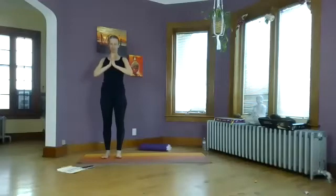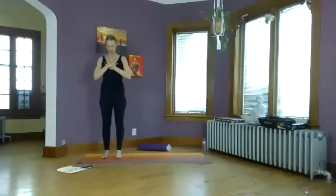Press into the feet, lift up through the crown of the head, shoulders relax. And then left palm presses to the chest and right palm presses on top. Really press into the chest. And here in mountain pose, we're going to take the sound of 3 ohms. Just as we do at the end of class, but we're going to bring that into the start of class. And just surrounding ourselves with that sound of warmth, that sound of love, that sound of